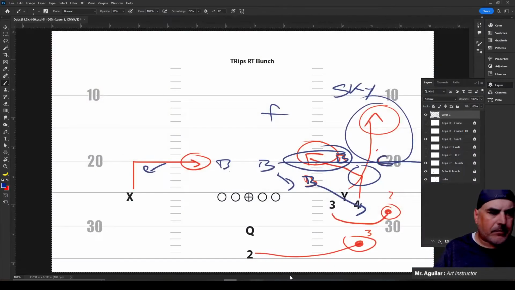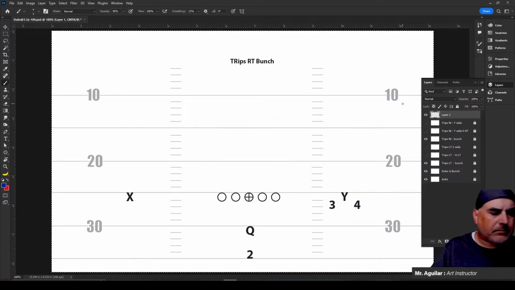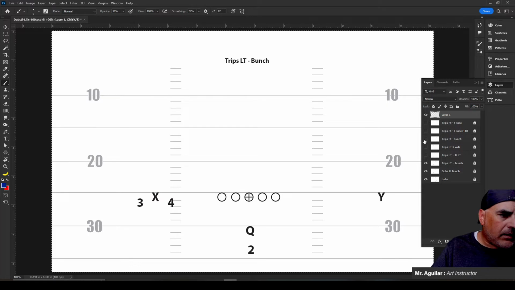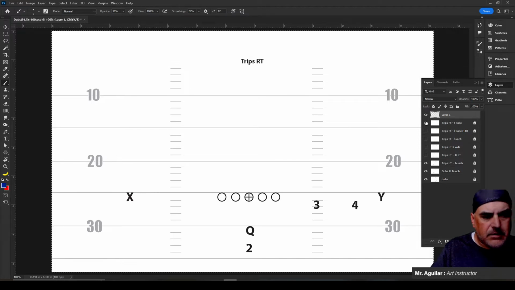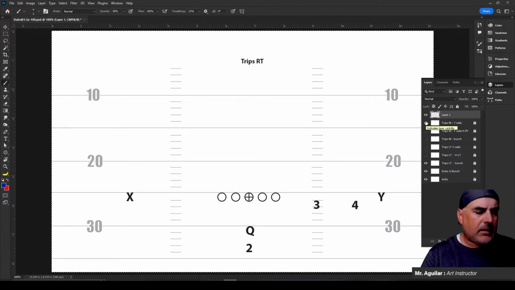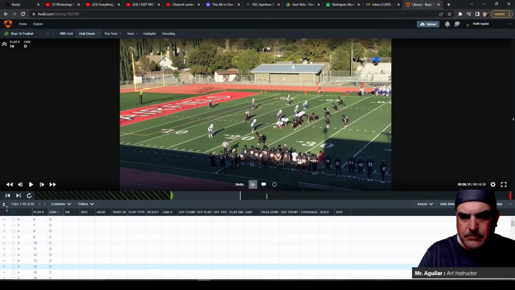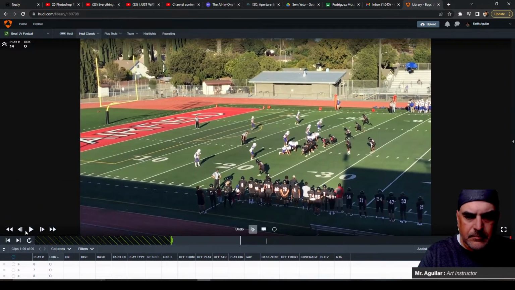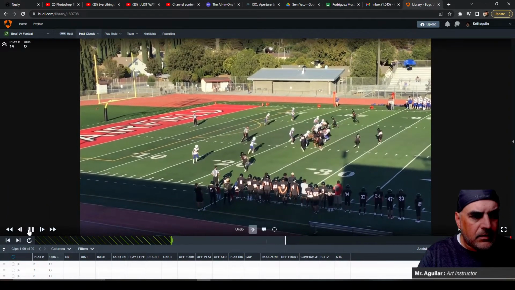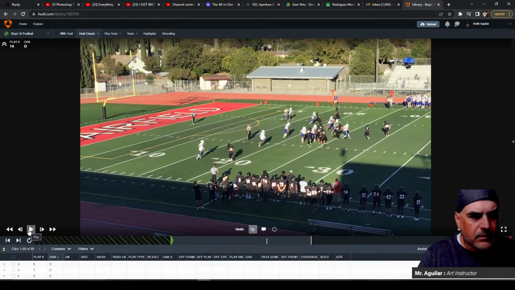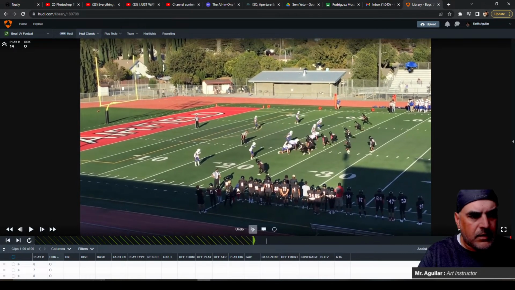Okay. And they motion to trips right. So let's just go to trips right. Okay. And let's see how these guys blocked real fast. That corner's scared.